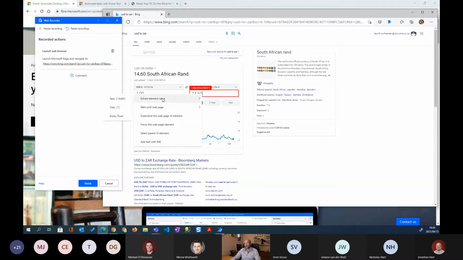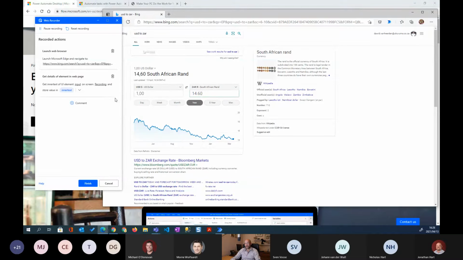So what we're going to do for this is just extract that value, and you'll see that it's writing this into a variable called inner text. So we'll change this later on. Inner text doesn't necessarily tell us much, especially if there are multiple pieces of information we want to capture on the web page. So if I now click on finish,